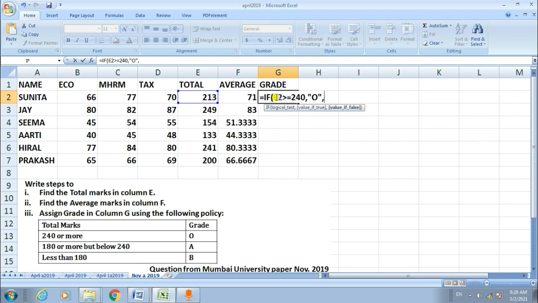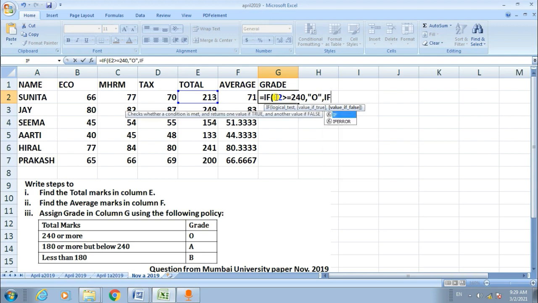Now the second condition is A grade, that is 180 or more but below 240. See, already in the first condition I have taken 240 or more, therefore the remaining is below 240.